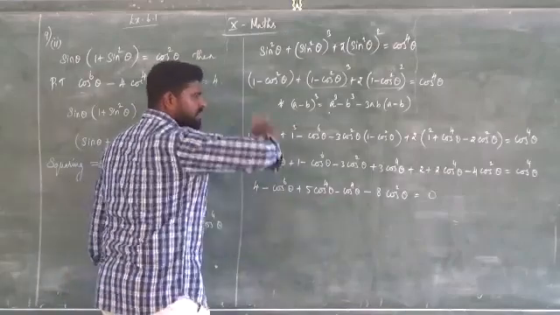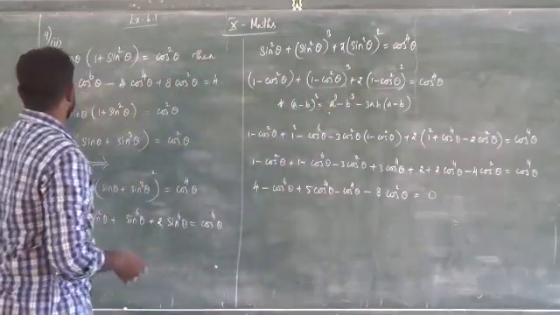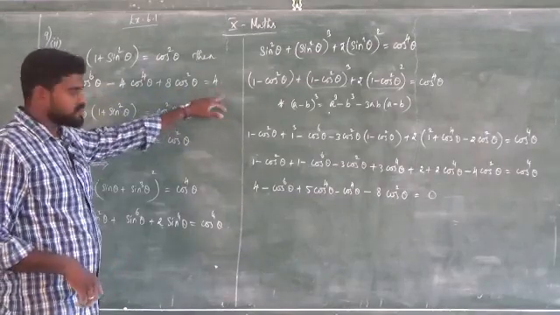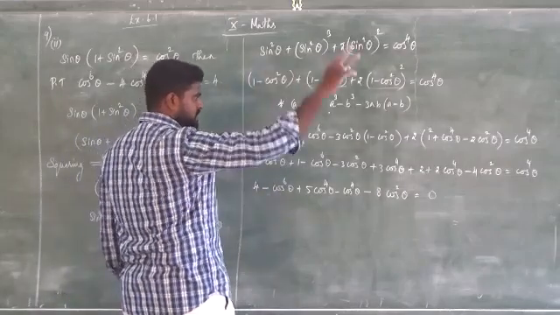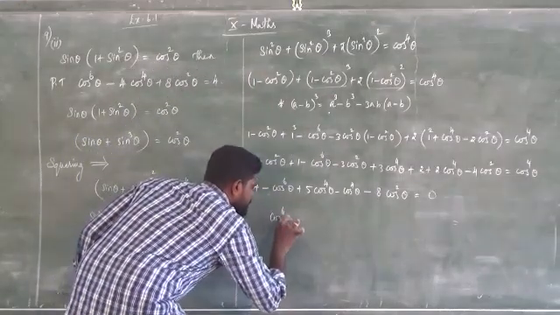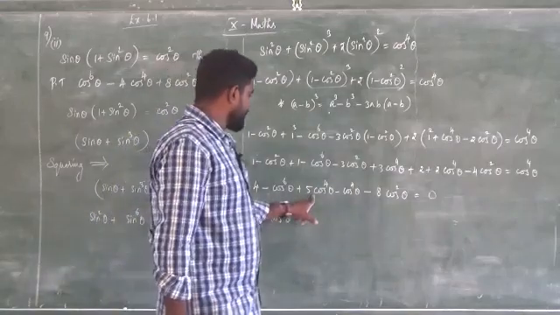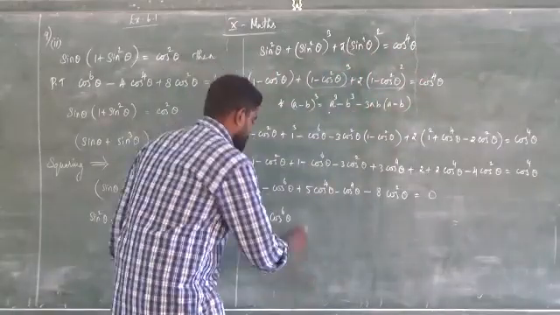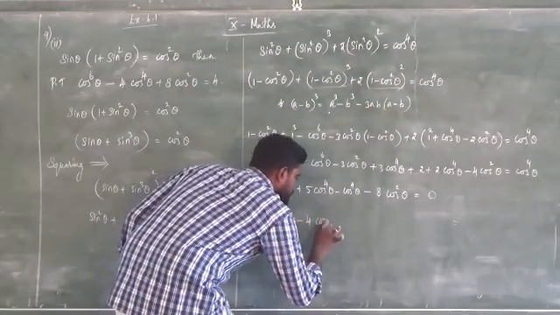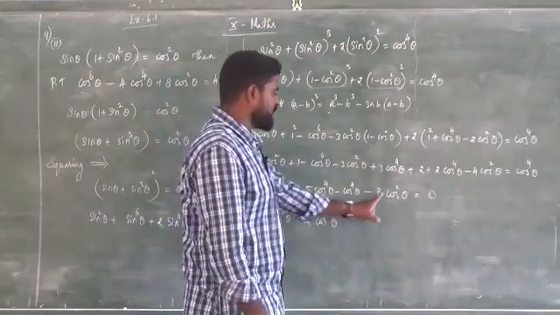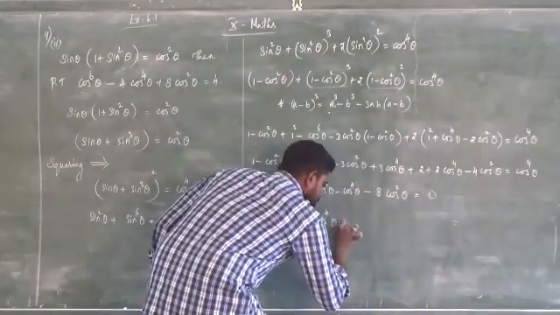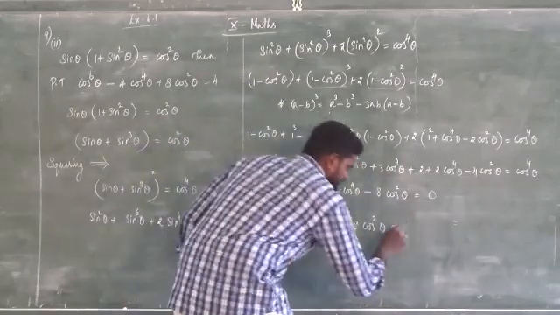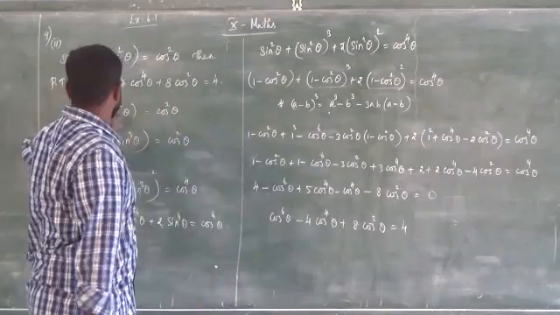Now take all the values to the right side, because here all the cos values are on one side and the number is on the other side. So if you take this minus cos power 6 to the right side, it becomes plus cos power 6 theta. Then 5 cos power 4 minus cos power 4, 4 cos power 4. If you take it to the right side, that becomes minus 4 cos power 4 theta. Then minus 8 cos square becomes plus 8 cos square theta. It is equal to, the left side we have only 4, that is the RHS, that is the proof.